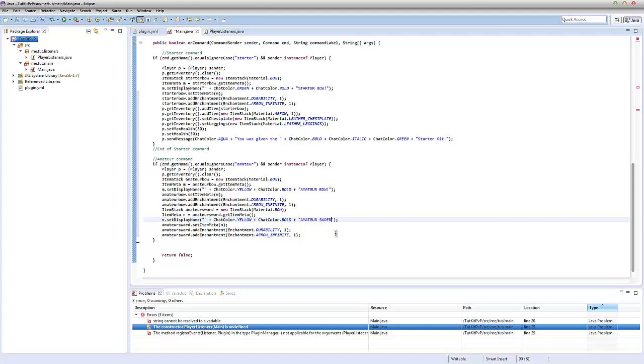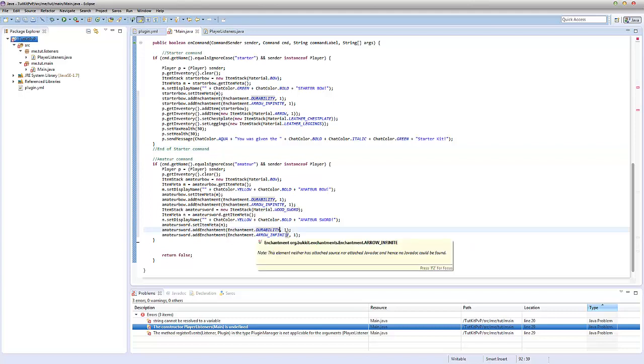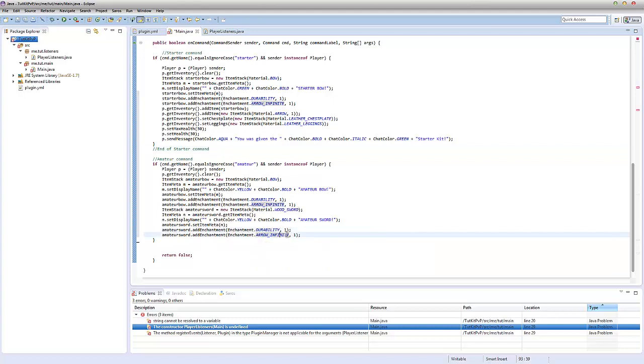So then I'm going to change this to sword. Change this to, say if I want a wooden, so wood sword, I believe it is, yes it is. So I'm creating a new wood sword. I'm going to name that wood sword amateur sword. I'm going to have to remove these enchantments, because these enchantments, I believe it can't, well the top one can, oh